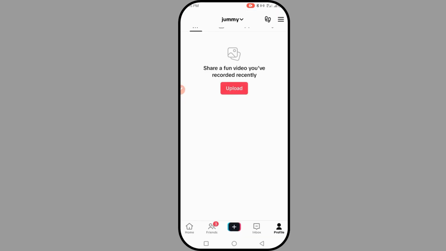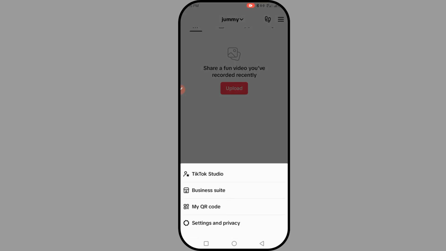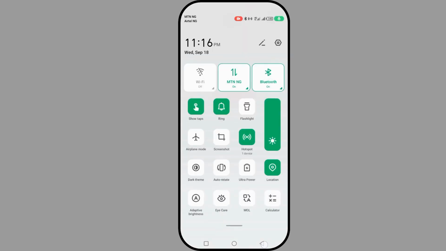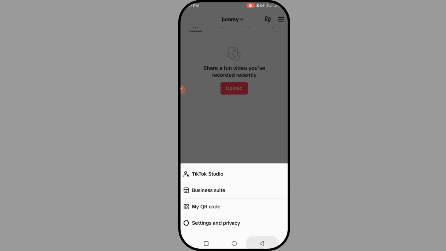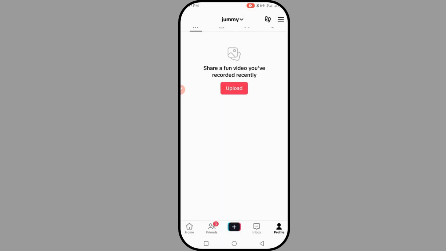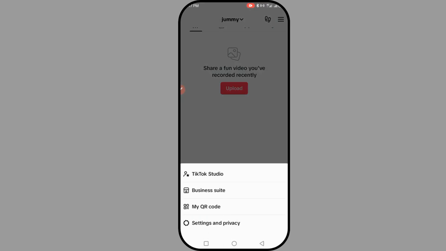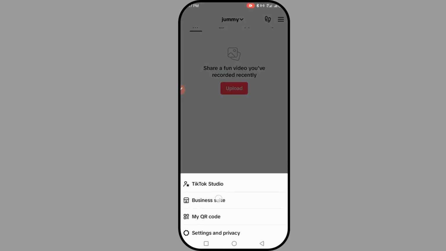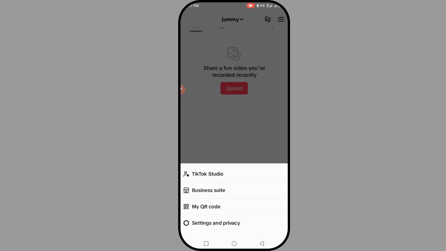Now what you're going to do is click on the three dots line. I'm going to show my tab. Now guys, you click on this three line. Once you click on this three line, you can see I'm on my business suite. So if yours is on private, you can search on all of our videos and see how to switch to TikTok business suite. So guys, let's continue. So you need to click on business suite,